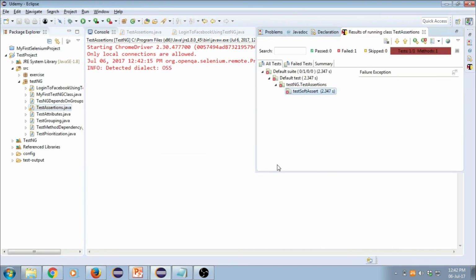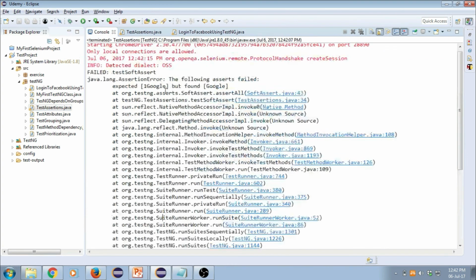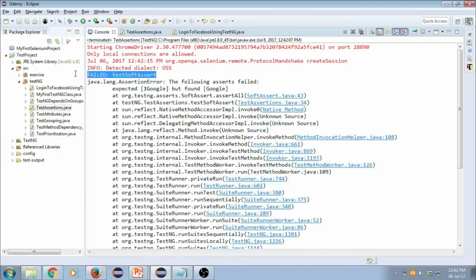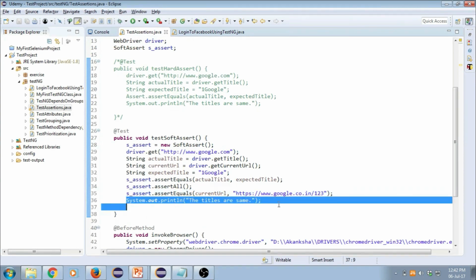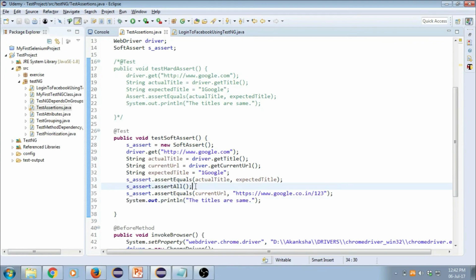Alright, now I'll take you to the console. The print statement is not here. You cannot see that in the console. Remember we had given a print statement in the end? The reason is I used assertAll before this assertion. So what it did, it asserted this before, and then it failed the test case and didn't go to the next lines. So it's always a good idea that you put the statement in the end